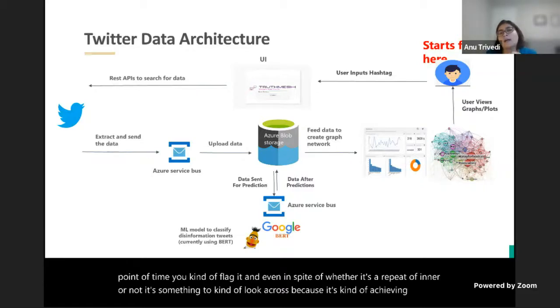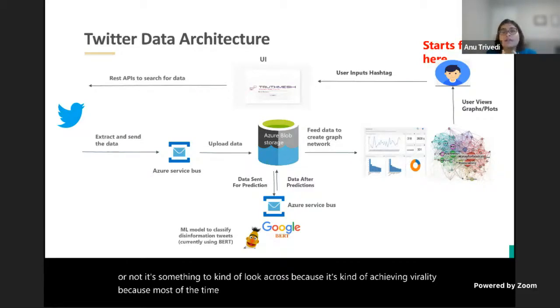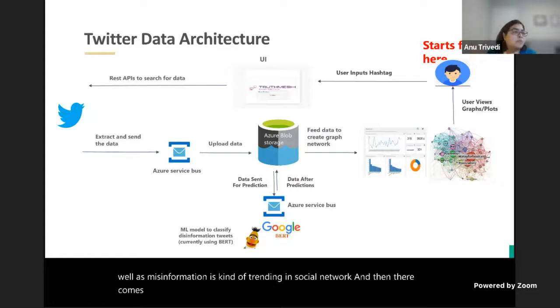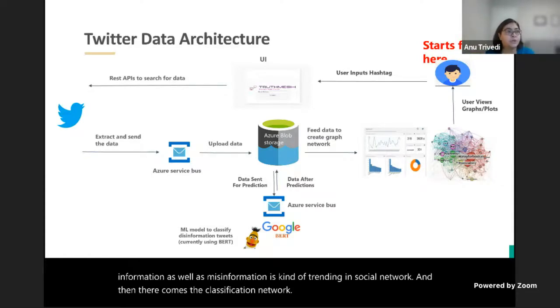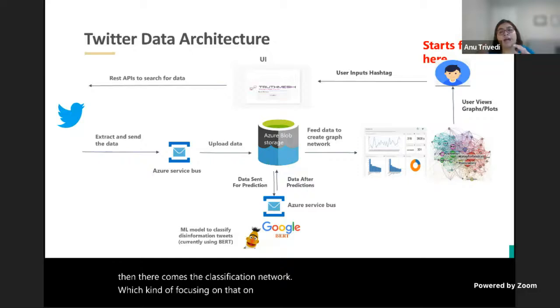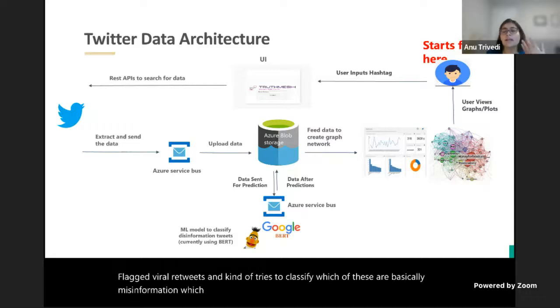Because most of the time, if there is news trending, a lot of correct information as well as misinformation is trending in the social network. Then comes the classification network, which focuses on those flagged viral retweets and tries to classify which of these are misinformation and which are not, flagging the misinformation